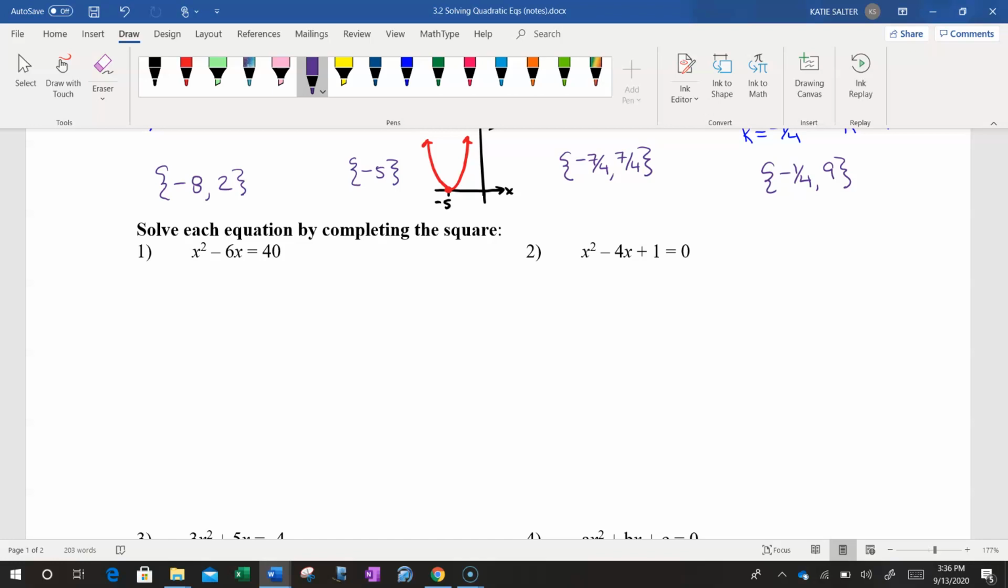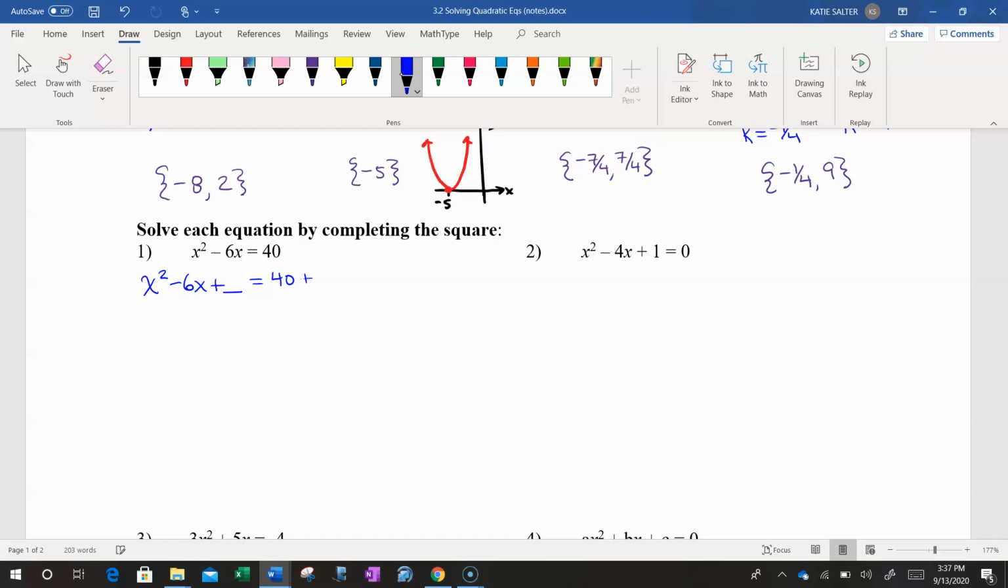Step 3 is to move the constant term to the other side. So I'm already at step 3. My leading coefficient is 1, and my constant term's on the other side. So what I'm going to do now is, we know the whole idea for completing the square is we want to make this left-hand side into a perfect square trinomial so that we can factor it into a binomial